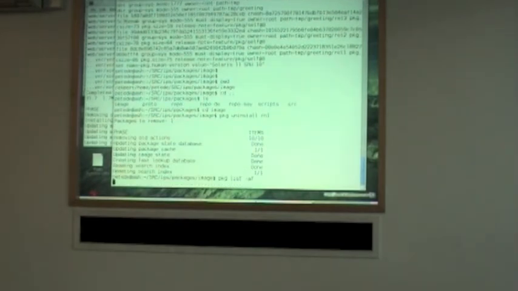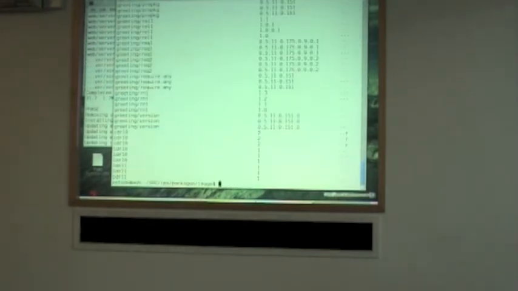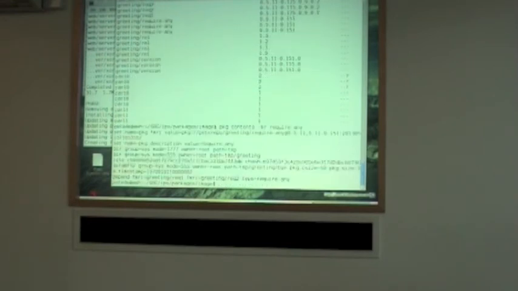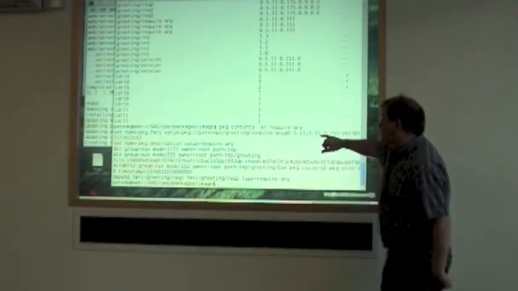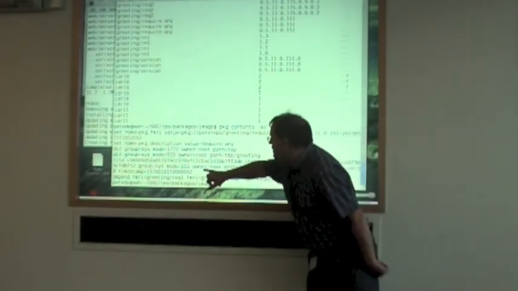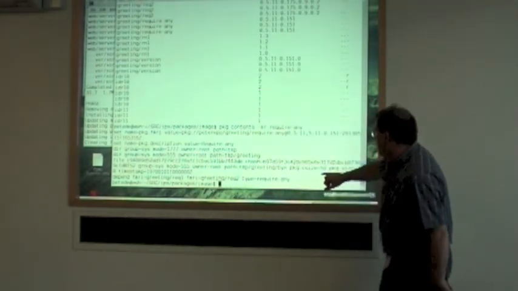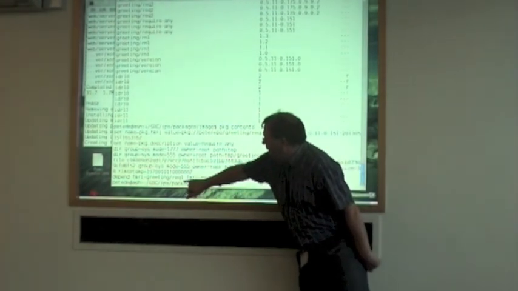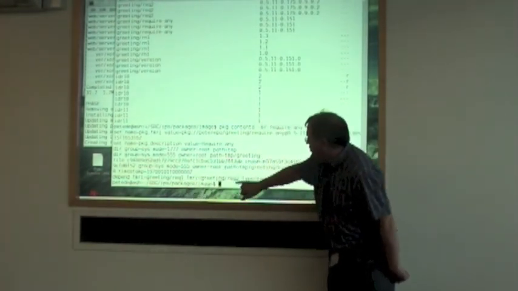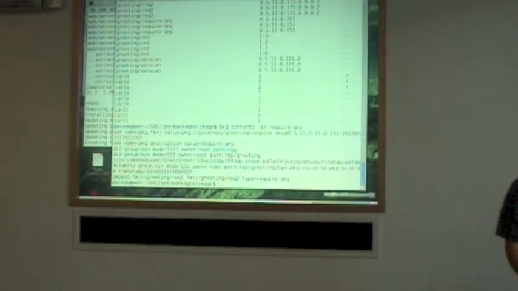What else have we got here? Require any. So let's have a look at the require any. pkg contents -nr require any. This is a package that, when you install it, delivers a file, and it has a require any dependency on package rec1 or package rec2. So, if we just say pkg install